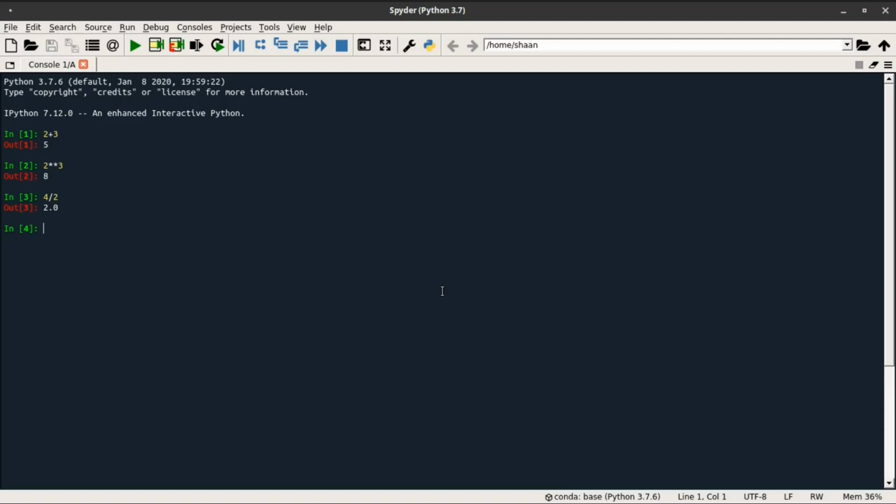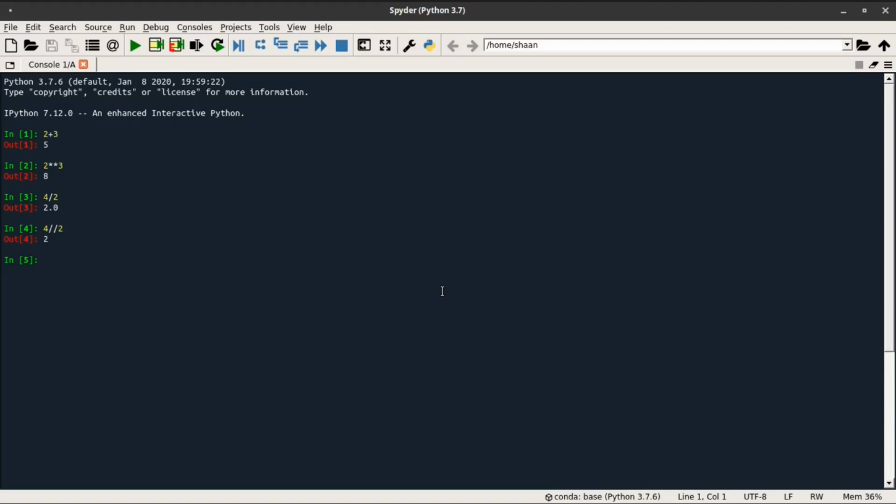One is your floating point division, which is represented by single forward slash, and it can also perform integer division, which is represented by double forward slash. So let us perform the integer division. So see here, now the output for integer division 2 gives you 2.